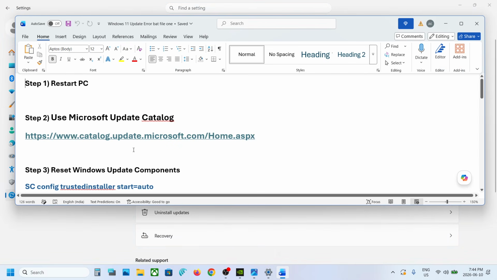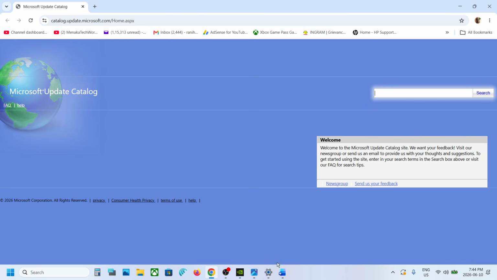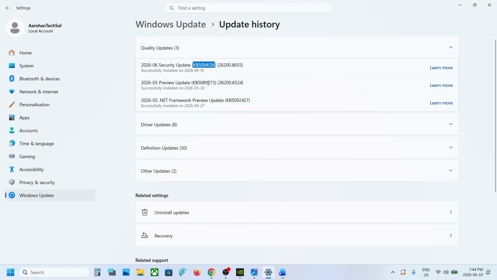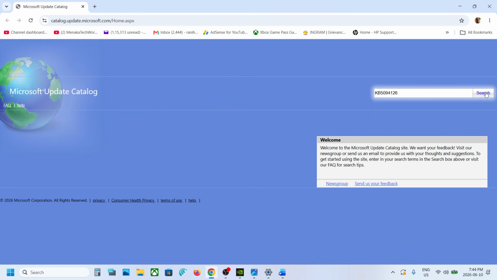Still not working, you can use Microsoft Update Catalog. Open this link in a browser. It will take you to Microsoft website. Now on this website you can write down the name of the update, that is KB5094126 over here. The link is provided in the video description. Click on search. Now on this page you will see, now first of all, before you install the update from Update Catalog website,